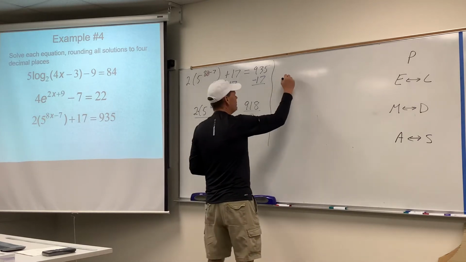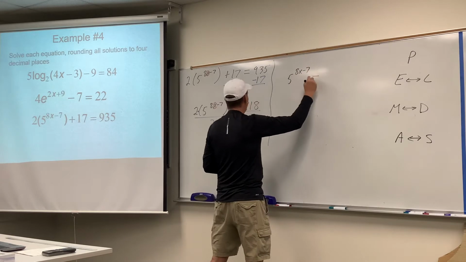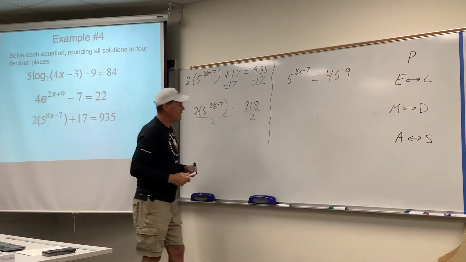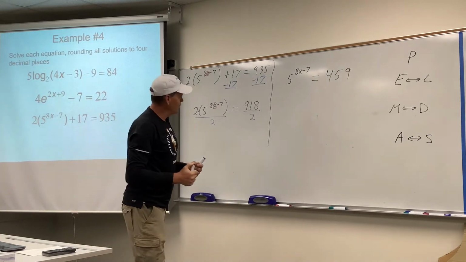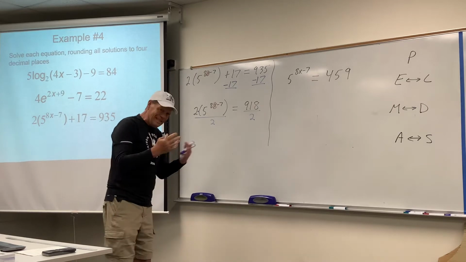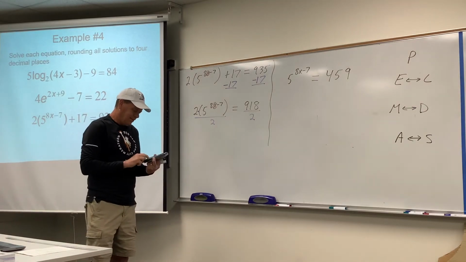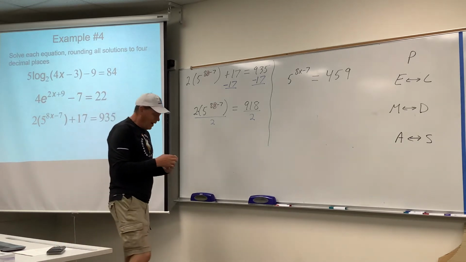So doesn't that leave us with 5 to the 8x minus 7 power equals 459. That would be 918 divided by 2. I'm nervous as heck I'm going to make a silly arithmetic mistake. And if I do, I apologize, but hopefully the process makes sense. So 918 divided by 2, I'm checking. That's 459. All right, now,